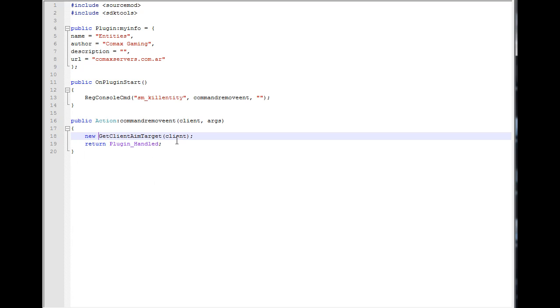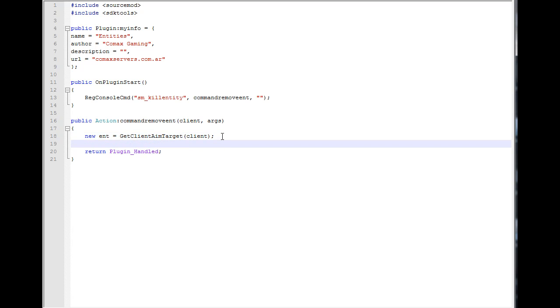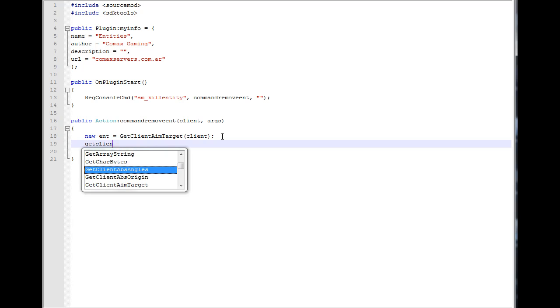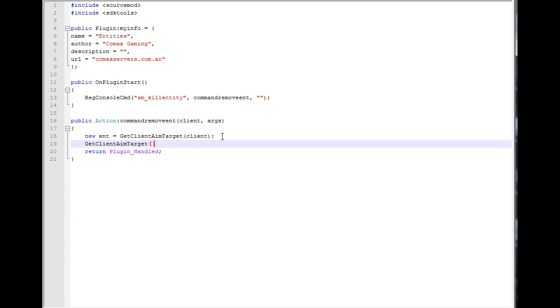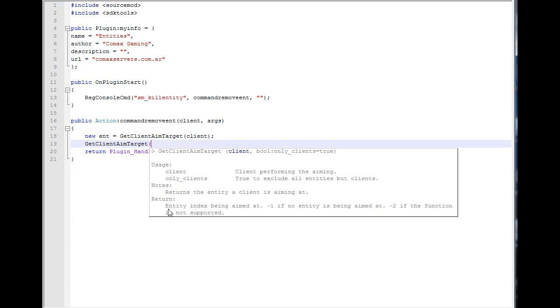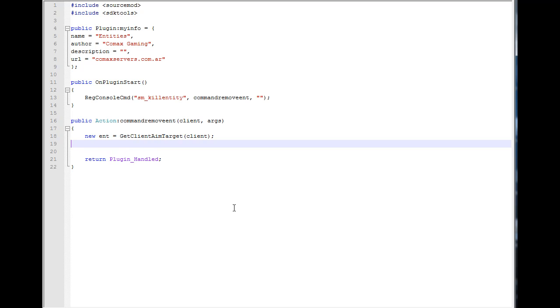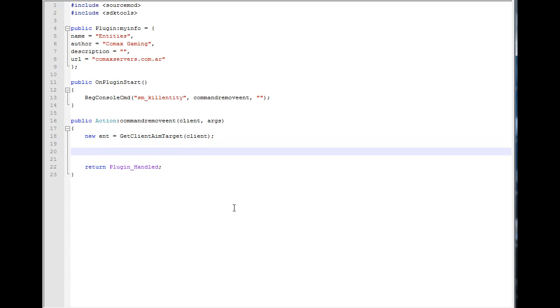But here we want to type new ent equals. Why? Because the entity index is going to be returned by this. Let me see if I can get that again. GetClientAimTarget, entity index being aimed at. So that's going to be the return of this function. We're going to get the entity index. Once we get that, we want to say if ent